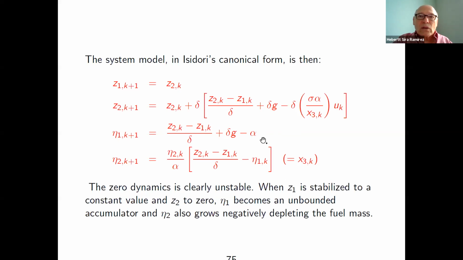But that's what's going on. The mass is decreasing, and that's an instability of the zero dynamics. And sooner or later, you will deplete the fuel mass, and the control will go to 0 by itself, because there is no control force being applied to your spacecraft, and then you will be forced to land with no fuel remaining for your trip back home.